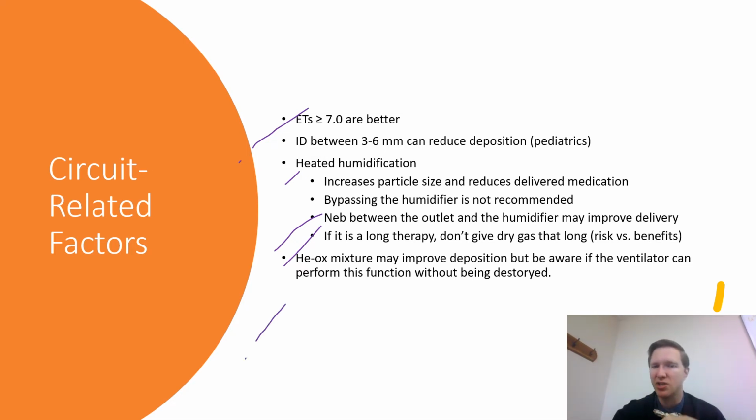What about Heliox mixtures? They might improve deposition, but be aware if the ventilator can perform this function without being destroyed. The ventilator is a high conductor of heat, and especially the expiratory side of the ventilator, if it has certain metallic components, especially microprocessors, things that read the gas back at the ventilator that the patient has exhaled, it can destroy it. So make sure your ventilator, if you're using a Heliox mixture, can accommodate Heliox. In other words, if it's approved for Heliox administration, before you start hooking this up